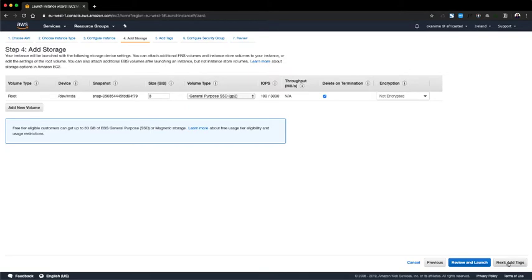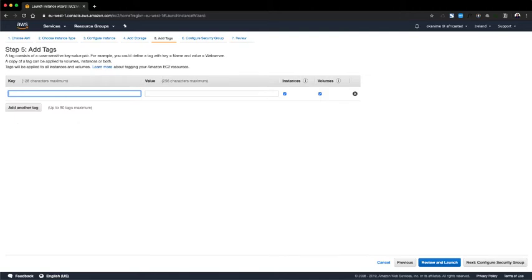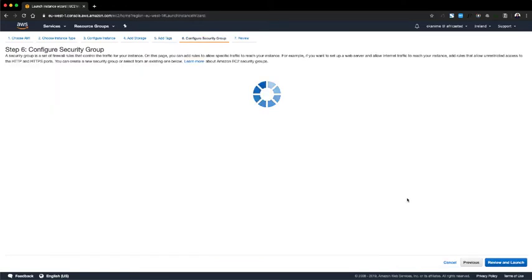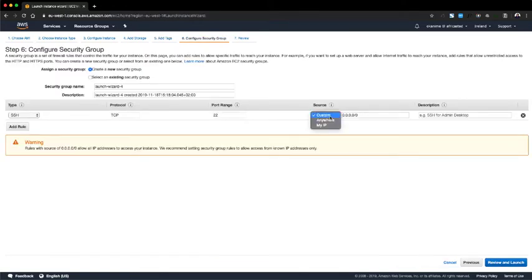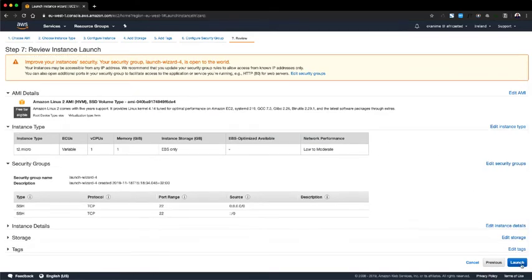and we go add tags, and I'm just going to name it Name, and the name will be NewKey. And then for the security group, this time we're just going to open the SSH port 22 to be available anywhere, since we're going to destroy this instance once we are done with it. We review, and we click on launch, and then